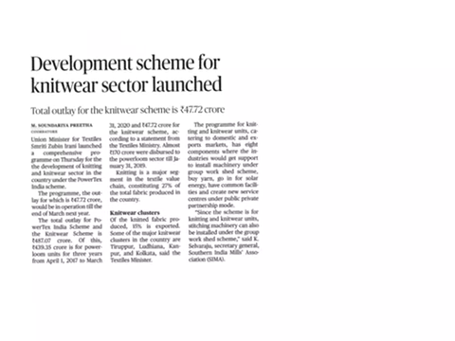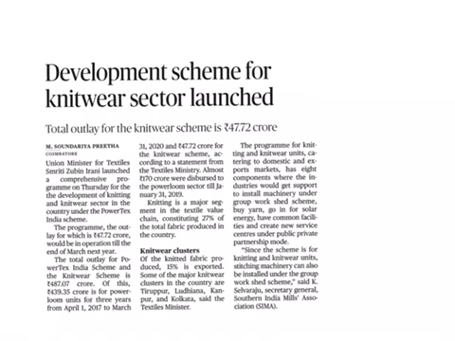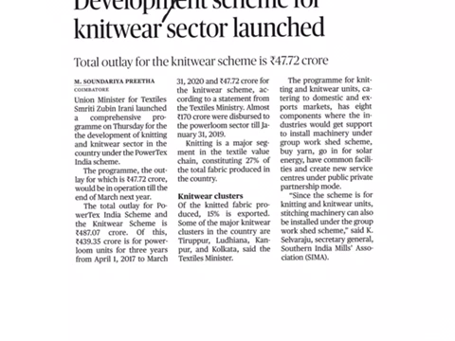The next article is Development Scheme for Knitwear Sector was launched. This article comes under GS paper 3 under the topic of infrastructure. From this article, we are going to see a scheme known as the PowerTex India scheme. Under this PowerTex India scheme, one new scheme was launched, known as the Knitwear Sector Scheme. First of all, what is this PowerTex India scheme?